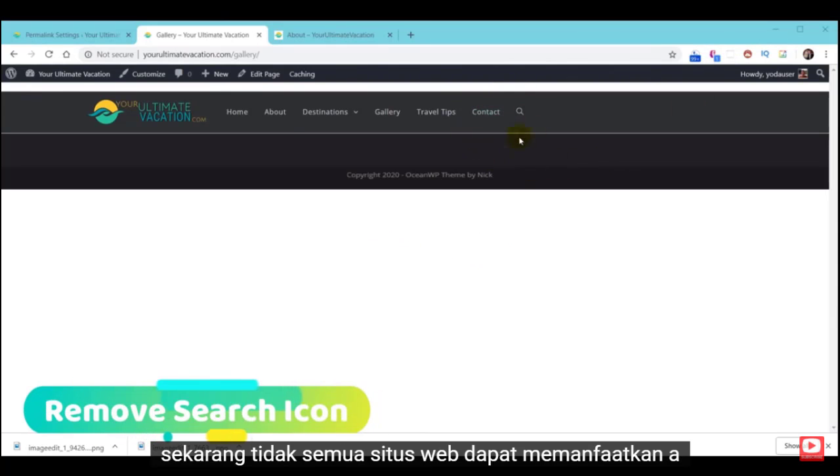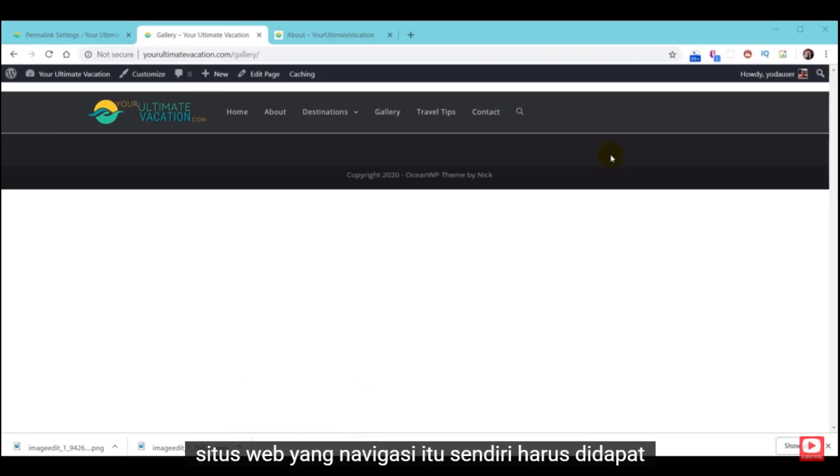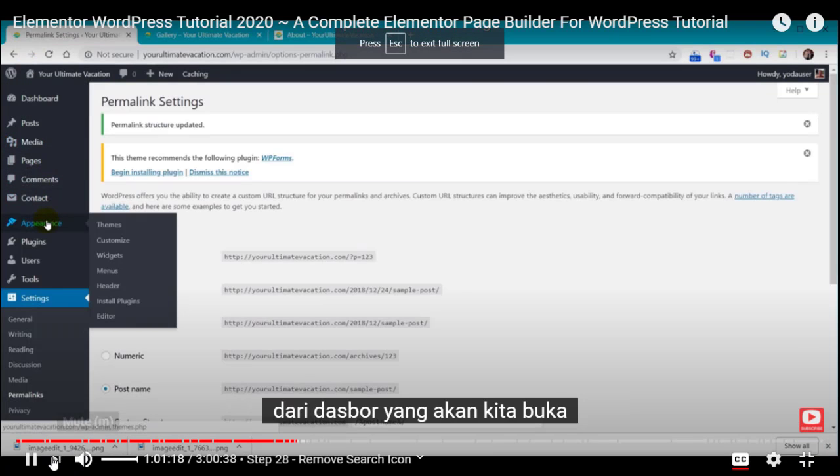Now, not all websites can benefit from a search option. For example, Bethany's website, the navigation itself should get you to just about everything you need. So we're going to go ahead and remove the search option from her website. To do that, we're going to go back to our WordPress admin, and under Appearance from the dashboard,